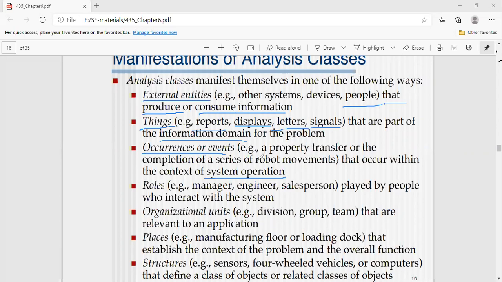So such kinds of things are performed by using the system we have developed. Those are the actions within that particular domain. So those are called occurrences or events.